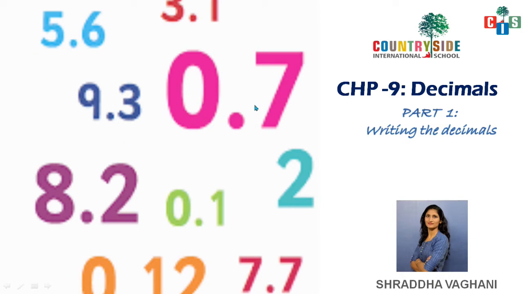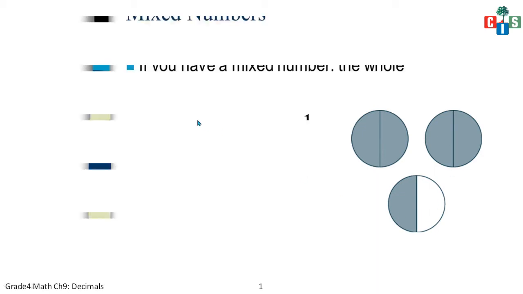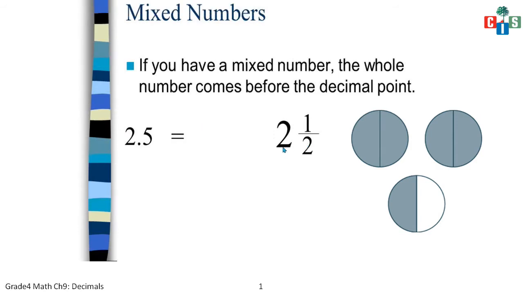Okay, now see what is here. You will find numbers with a point everywhere: 8.2, 0.1, 0.7, 9.3. These are all examples of decimals. Now let's have one figure which is showing like this. Can you represent this figure as a fraction? Yes? This is an example of a mixed fraction wherein you have two whole parts and one part is a proper fraction. It can be written as two whole parts and one colored part out of two. So that is 1 by 2. So this is an example of a mixed fraction.